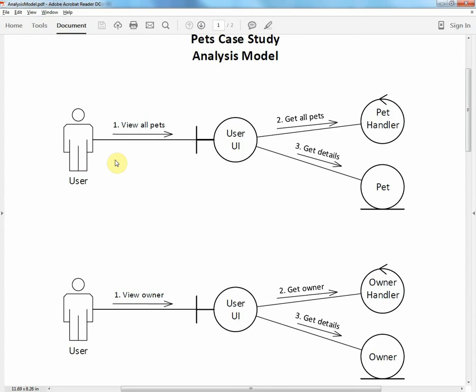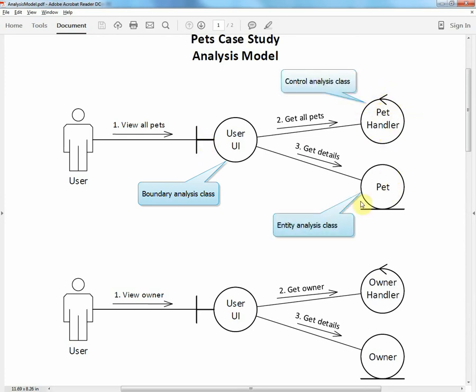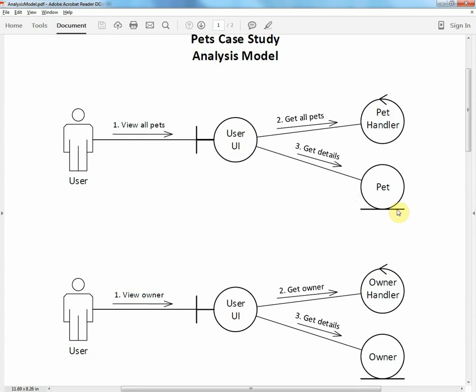At the same time, we're starting to add in what are known as analysis classes. And there are 3 types of class. A boundary or interface class, which is indicated by this circle with the T on the side of it. Control classes that have the arrow on here, and entity classes which have the line underneath. In an analysis model, there are only these 3 types of classes. And because we're in the analysis model, all we're doing is thinking a little bit about what classes there might be. These analysis classes, when we get to the actual design and the class diagrams, could very well turn out